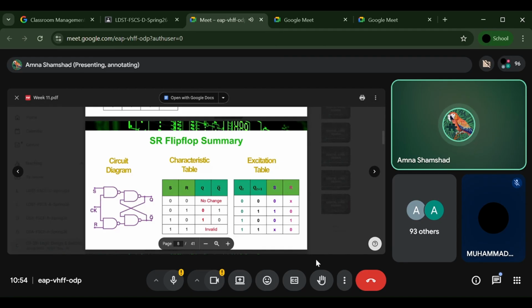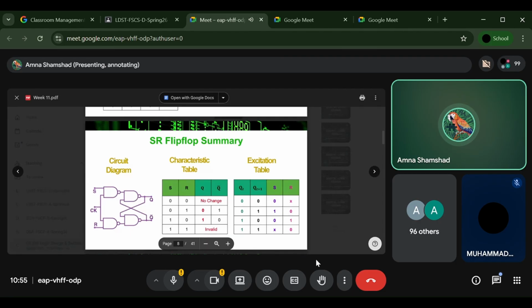Again, the abbreviated table is 00, 01, 10, 11. Can you find any difference between JK and SR? The 00, no change. 01 means I want to reset my output. When I am applying R equals 1, I am resetting. So Q is 0 and the complement of Q is 1. When I am applying 10, I want to set. It means my output is 10. Is this clear? So if it's 10, then what happened on the last signal?